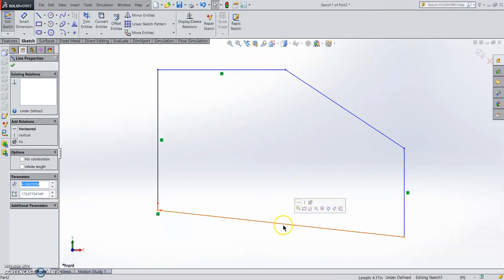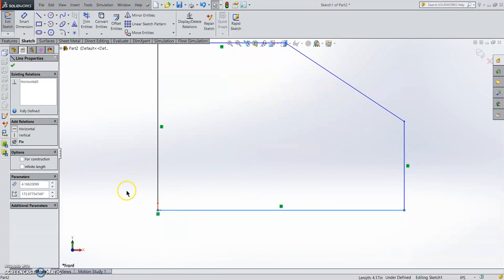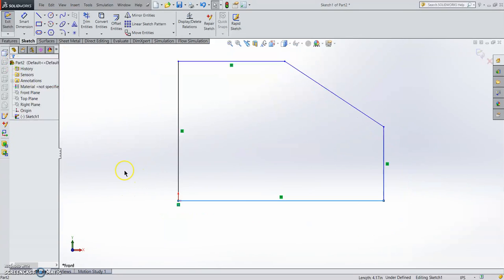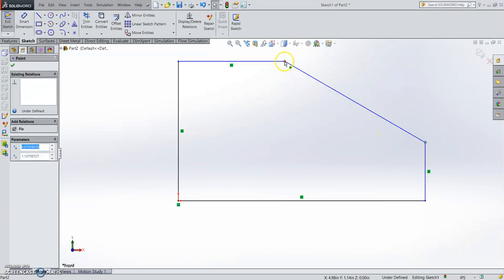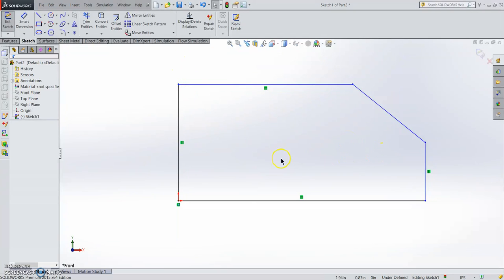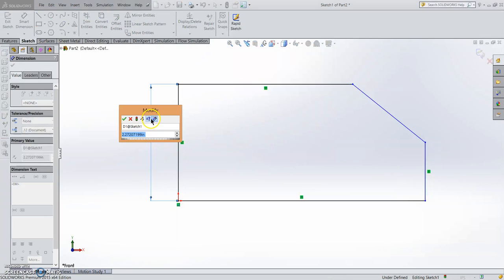So then I will click on that line, and then on the relations I will click horizontal, to make the thing horizontal. And now if I try to move it, you can see that those that are horizontal will remain horizontal, and vertical will remain vertical. So now I can give dimension by choosing Smart Dimension, and then give this 2,